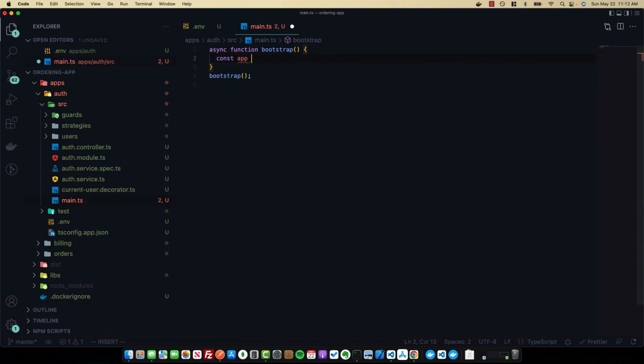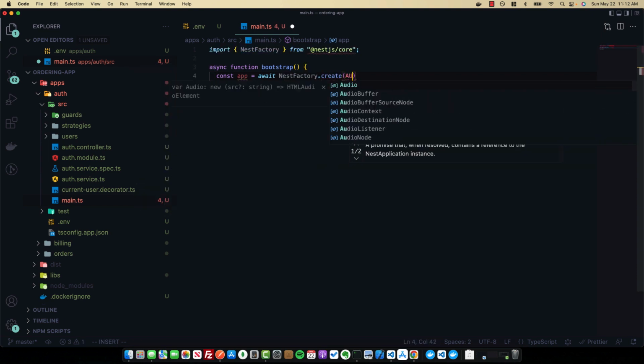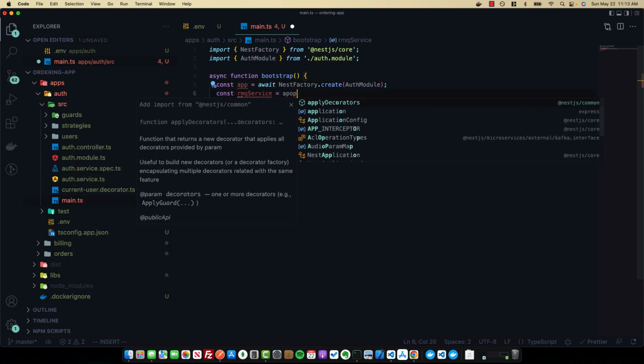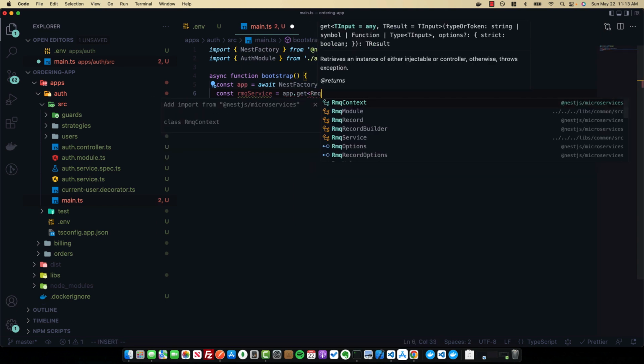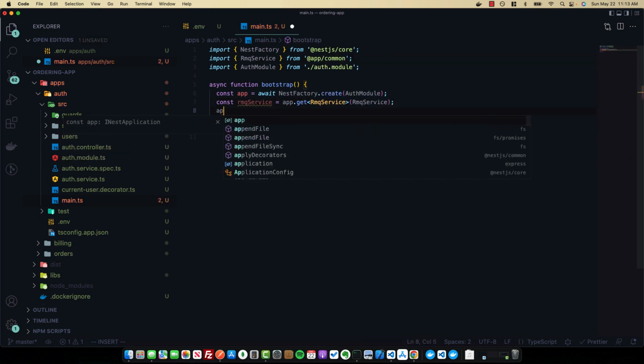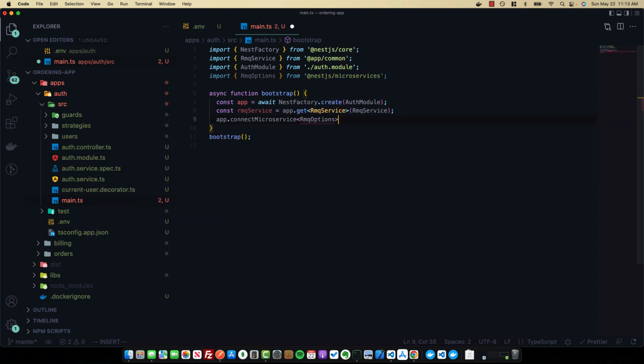We're going to go ahead and of course create our app using the NestFactory.create method, where we pass in the auth module here. Next, we're going to go ahead and get the RabbitMQ service by calling app.get and giving it a type of RabbitMQService and passing that in. And we'll change the import here to be from app common. So now that we have the RabbitMQ service, we can call app.connectMicroservice, pass in RMQ options here, and then